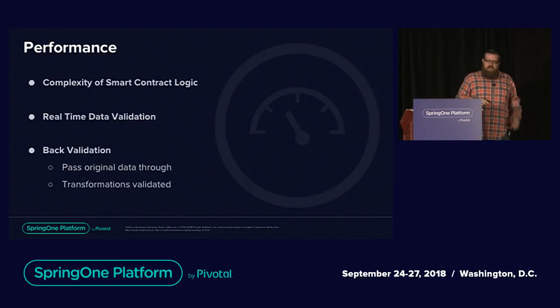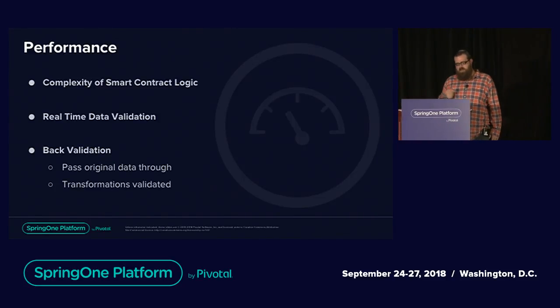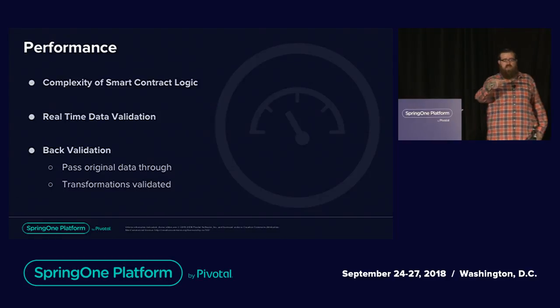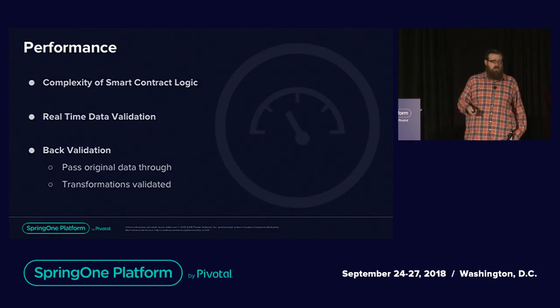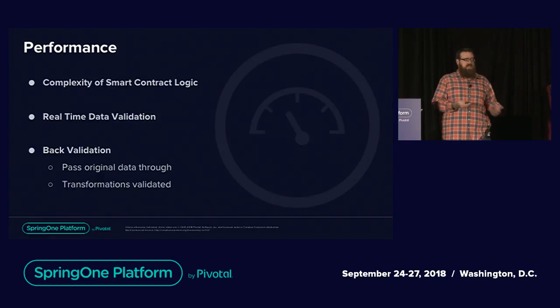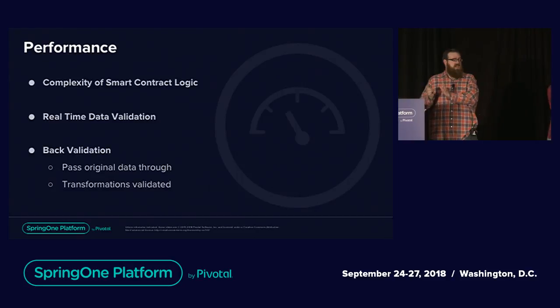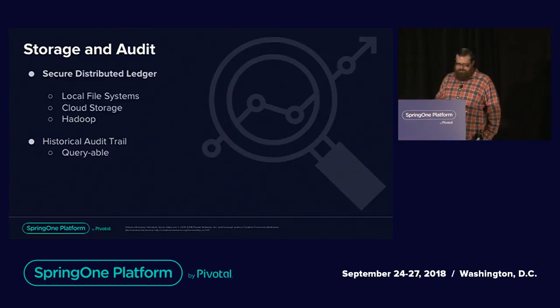Performance is always dictated by the complexity of your smart contracts. If I'm reaching out to third-party APIs or something, of course, it's going to be a little bit slower. That should go without saying. Real-time validation is possible, and back validation is also possible. So in a criminal pipeline scenario, real-time validation would be very, very valuable, right? In another pipeline that, say, is maybe a glorified FTP service, maybe you do a back validation, and you only check it once at the very end, right? So there are different options to increase performance with this.